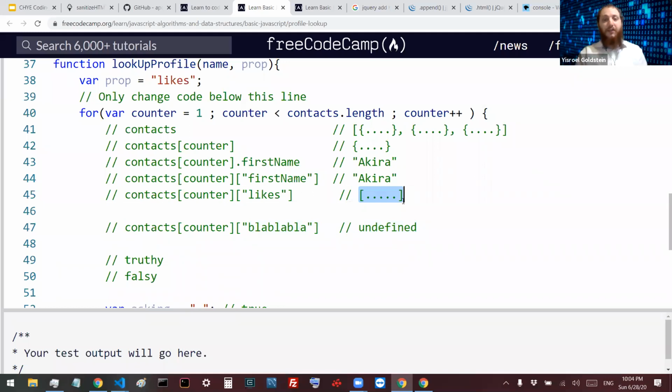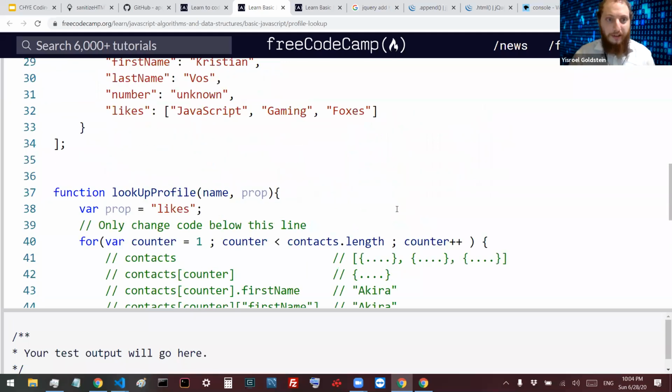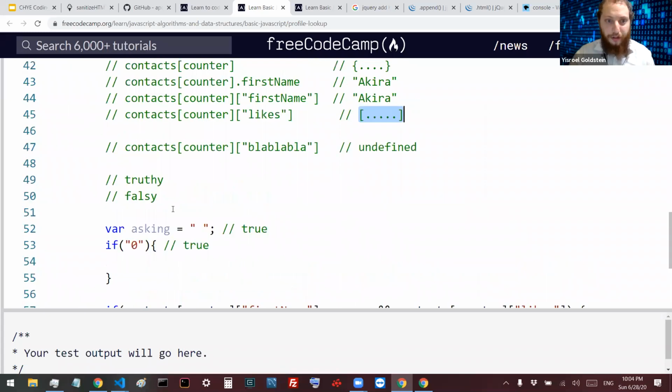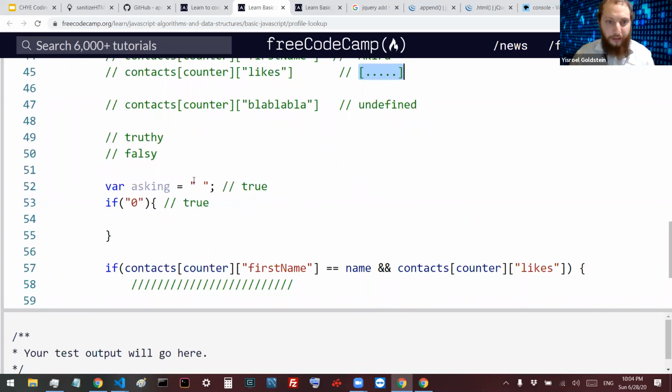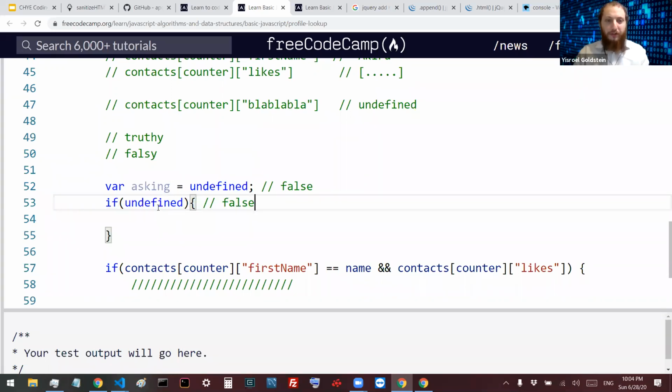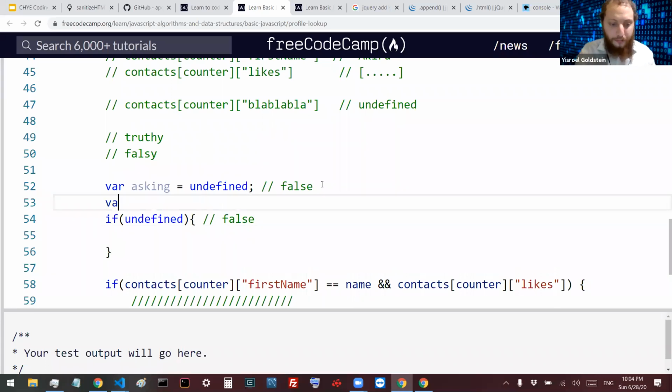It has a thing, then it's true. Let's illustrate that a little bit over here with the truthy and falsy thing. If I use undefined, undefined is considered false. If I ever ask whether undefined, I'm going to get false out of that. Such as if I have an object,